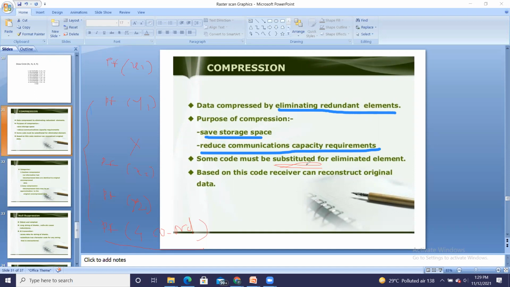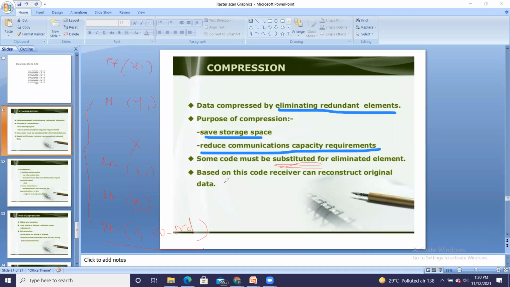Getting up to this? If you have any doubt, ask. It is the method of compression, and run length encoding is used for data and program compression. Okay, so I believe there is no difficulty in this.